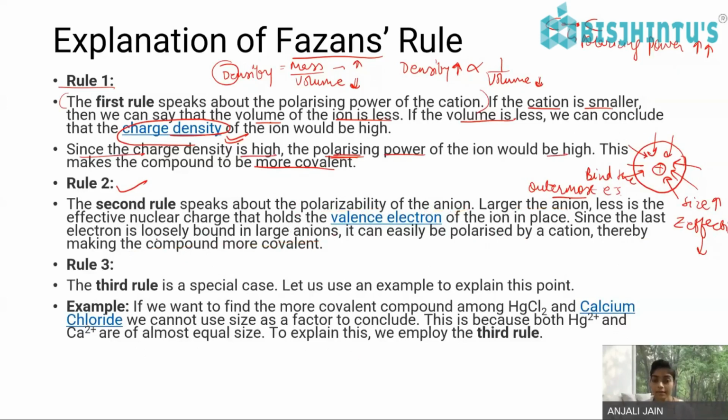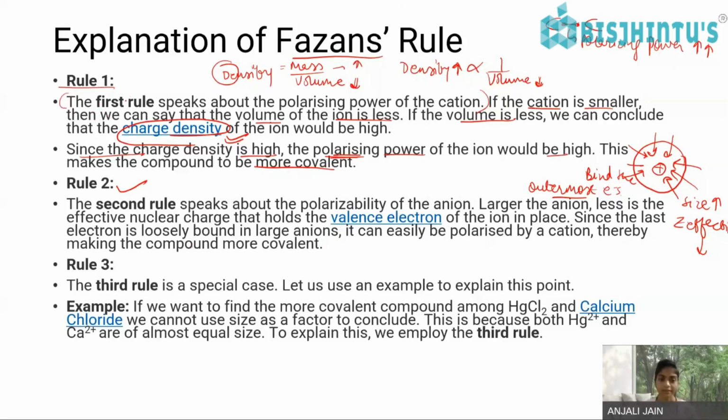So, since the last electron is very loosely bound because the nucleus does not have that Z effective charge, okay, so it can easily be polarized by a cation. It can easily be polarized by a cation, means the cation can easily remove that and therefore making the compound more covalent. Then rule third, it shows about the,